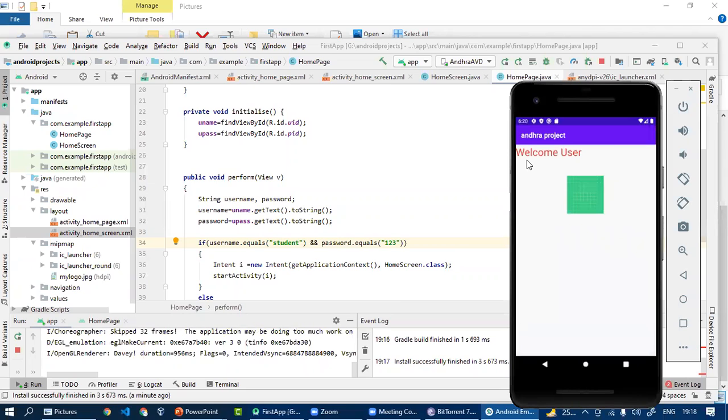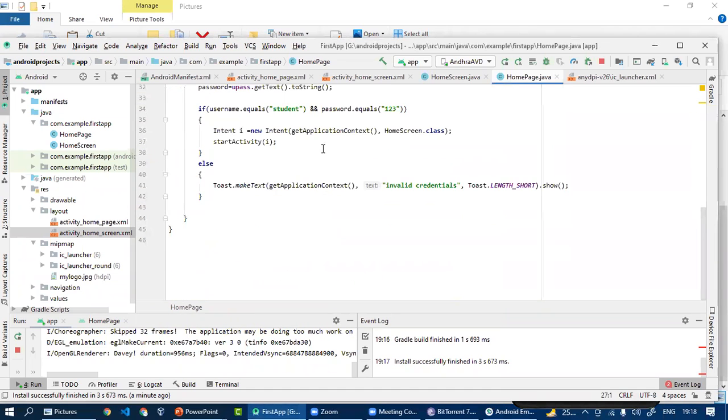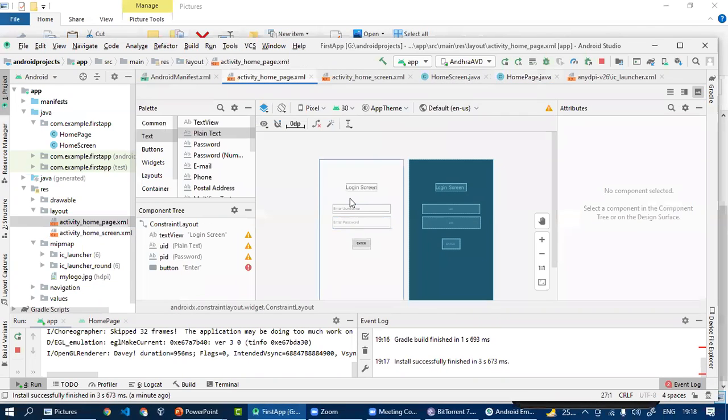So this is just a short program about the user interface, where we have developed the home page with the login screen, where we have a label and two edit texts and a button. And by entering the credentials, we will move to the second activity or our next screen.